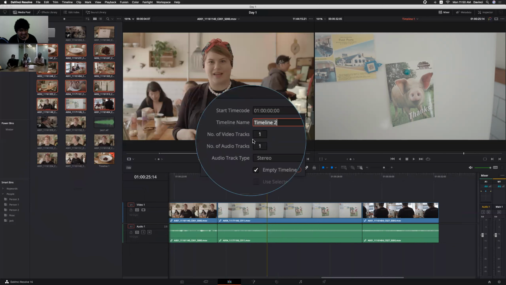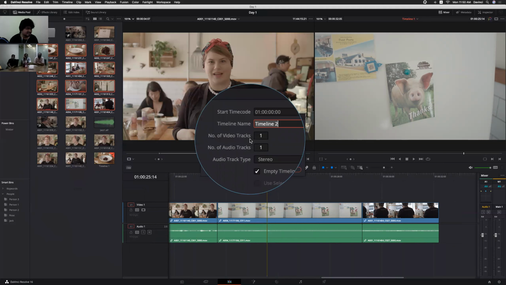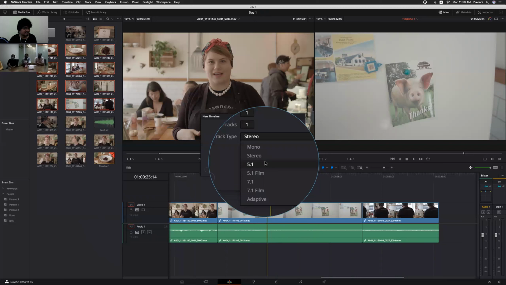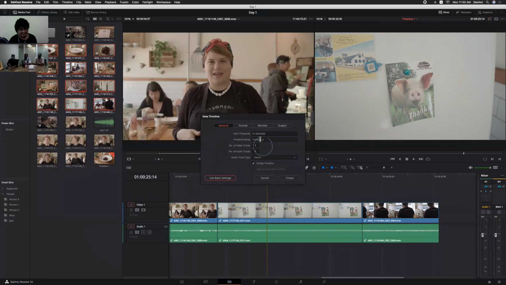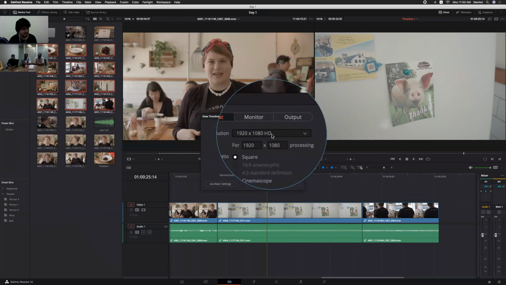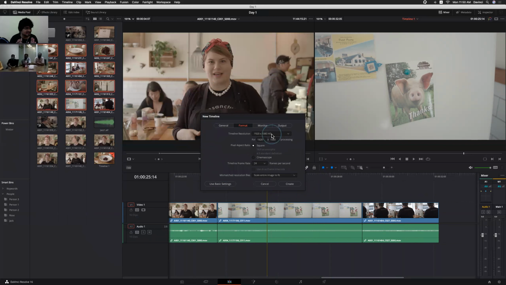Or here, by default, it will add one video track and one audio track, and we can change it. Even for the audio, we can make it 5.1. And for custom settings, we can change the format and everything. But by default, if you are regularly working with, let's say, a DV PAL project or maybe an HD project, and you want to make it a preset,